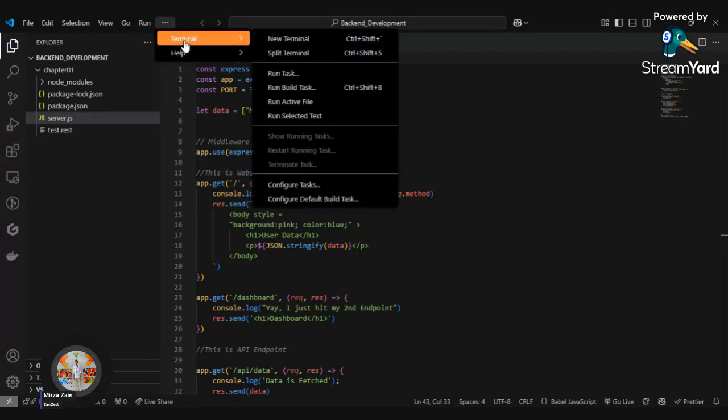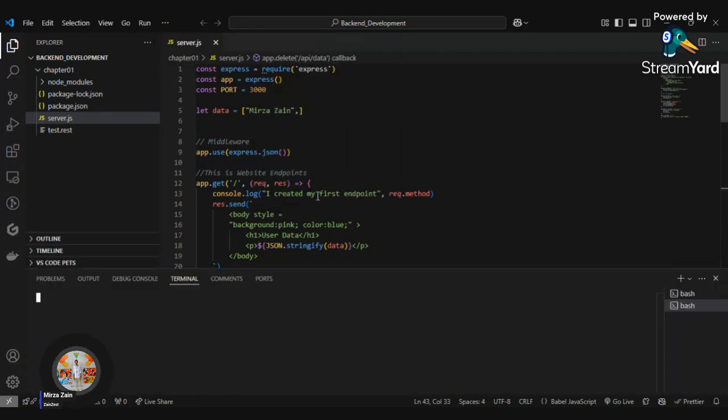After clicking on that, you will find terminal, and you can press on new terminal, or there is a command for opening a terminal, control shift hyphen, sorry, control shift